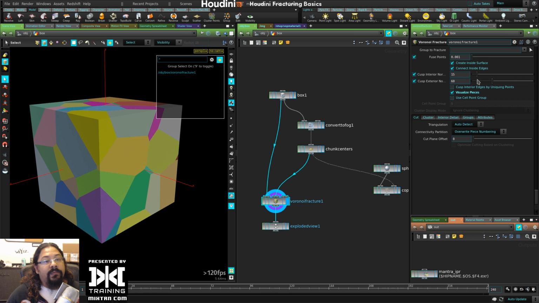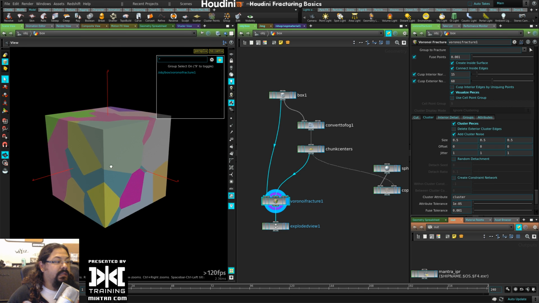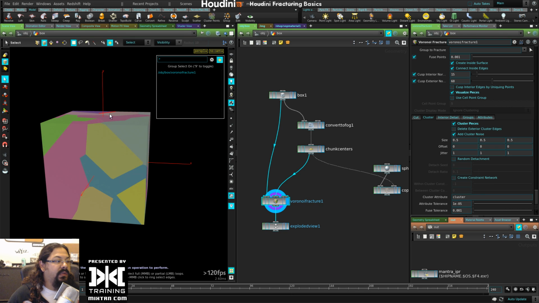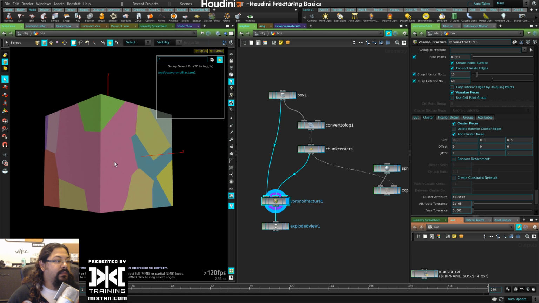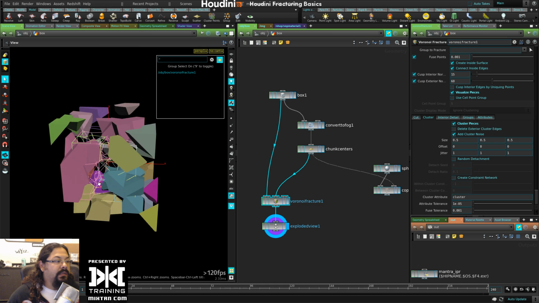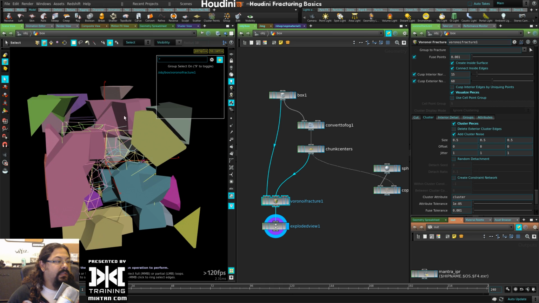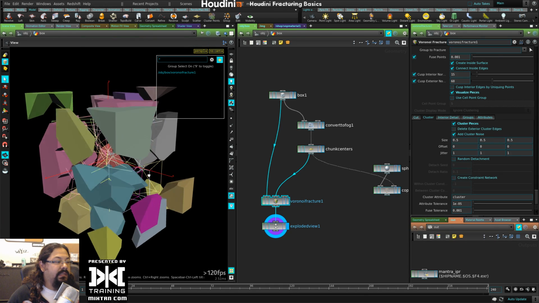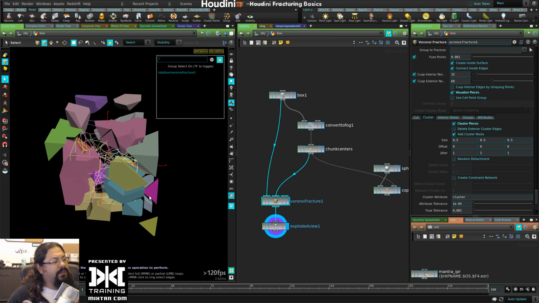So the clustering is pretty useful when you have a bunch of pieces. With cluster pieces, you can see it merges a few pieces. You can see this piece is merged. It was one big chunk. You can see this pink one, which is now a big piece, and it's pretty useful because sometimes pieces look too